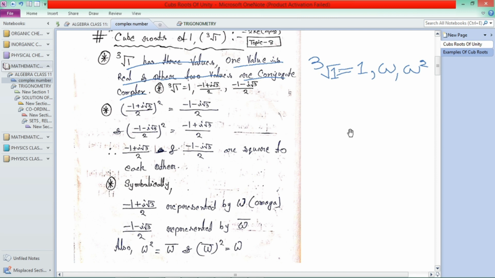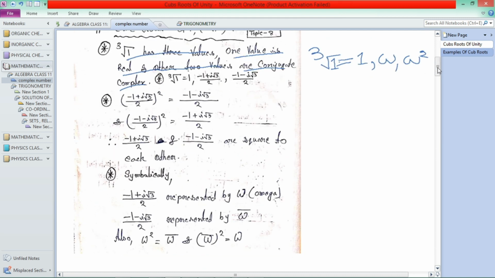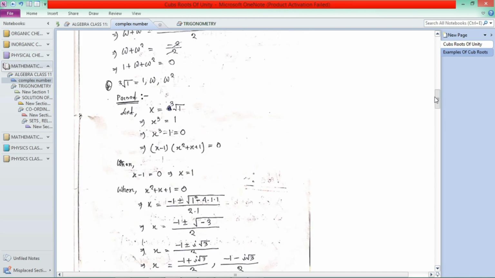So how do we get these 3 values of the cube root of 1? See this. We know that cube root of 1 has 3 values. So what is the proof? Let the cube root of 1 equal